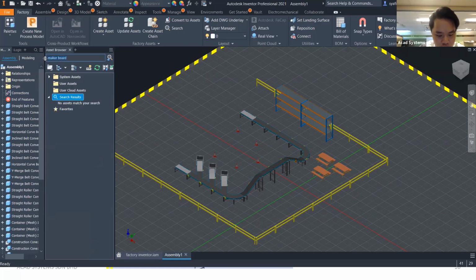If there's no board, we can choose one reversible marker board. And you just do it the same way, you just drag here and you can put here. Last but not least,